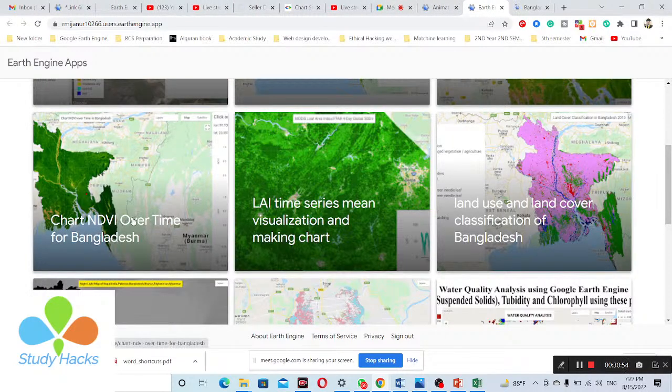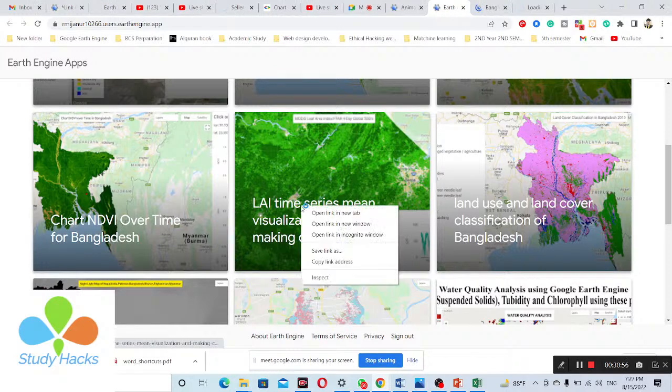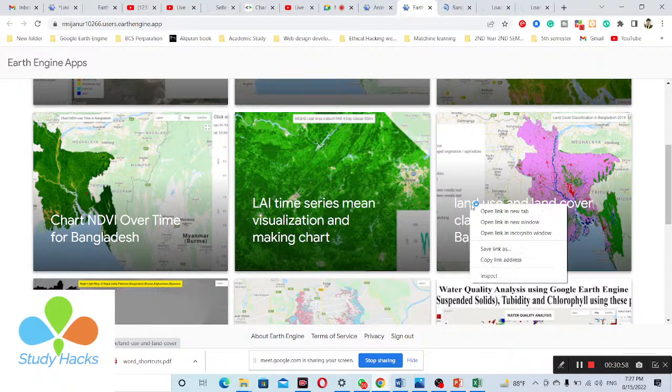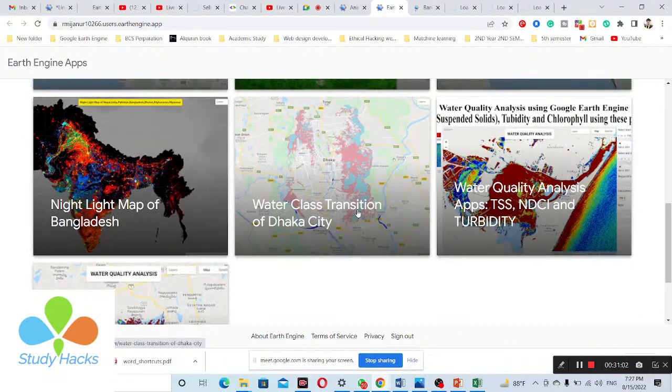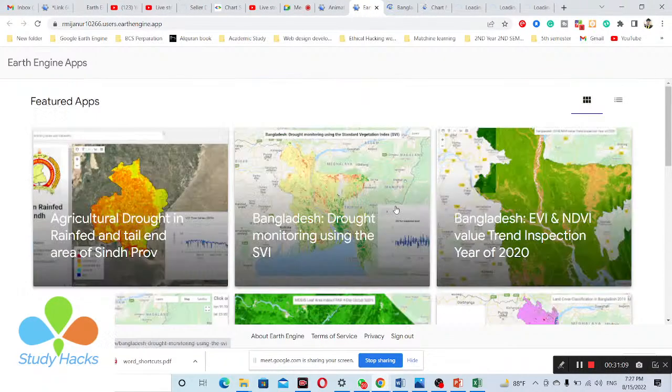Also you can see a chart of NDVI over a period of time. Then you can see leaf area index. Also you can see a land use and land cover application, a lighted map. You can see the water quality analysis application. So we have already developed a lot of web applications using the Google Earth Engine platform, and we can easily use